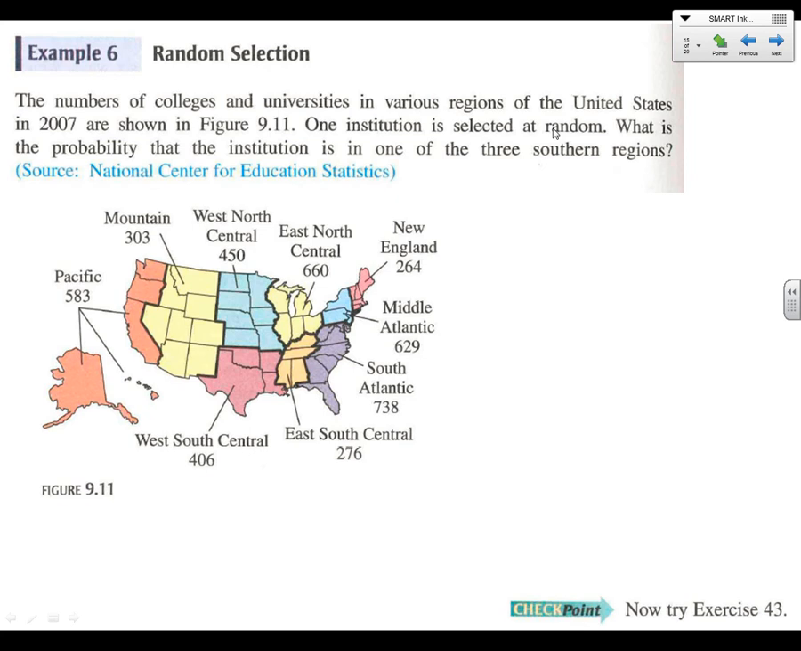Alright, now we're going to add things up here. So, number of colleges in various regions listed here. One institution is picked from random. What's the probability that it's in one of the 3 southern regions? How many southern region colleges and universities are there? 406, 276, 738. If we put those together, we've got